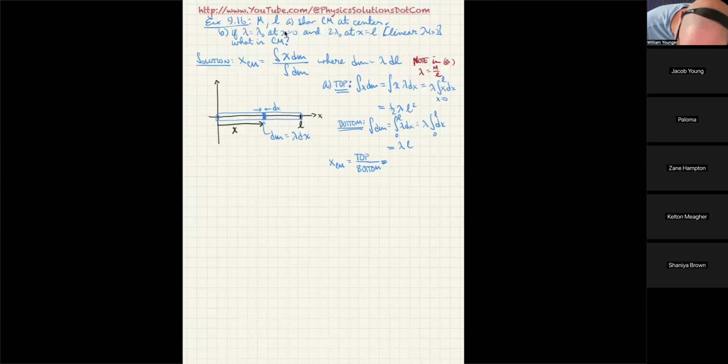I'm just going to divide the top by the bottom, and I have one half lambda L squared for the top, and lambda L for the bottom. You can see that the exponent of 2 drops to 1 with the L downstairs, and the lambda cancels out with the lambda. So I didn't even need the lambda, but specifically what we just discovered was that x_cm is in fact equal to one half L, which is what we were asked to show. So I'll say QED,